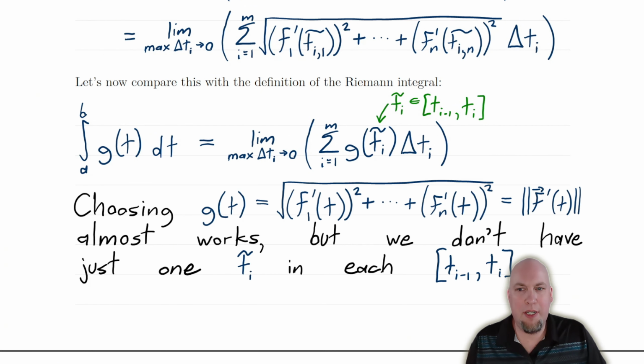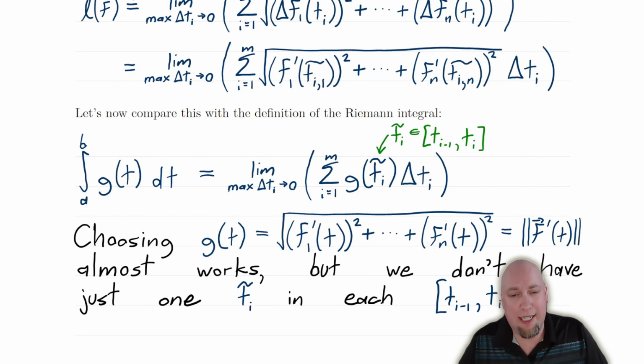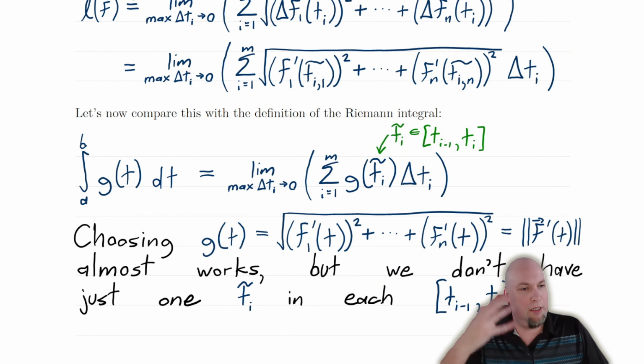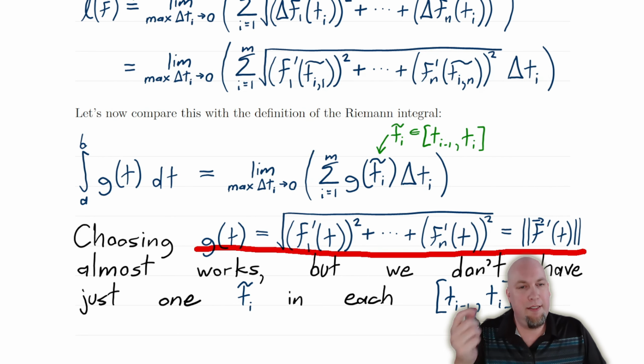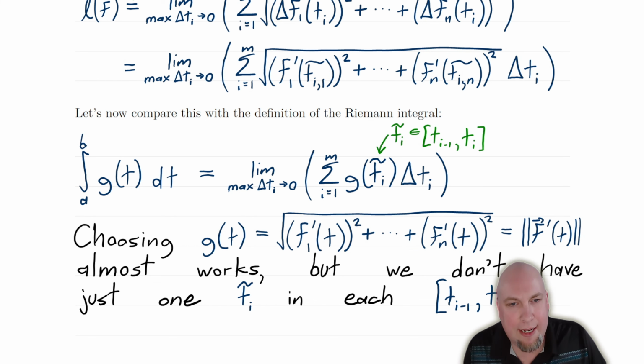And here's a choice that almost works. It doesn't quite work, but it's really, really close. It looks like I want to pick g of t to be this thing here: f1 prime at t squared plus f2 prime at t squared all the way up to plus fn prime at t squared, and then all square rooted. In other words, it's the length of the vector f prime. It's the length of the velocity vector. It's the speed. I really want to choose this as my function g, because then if I plug